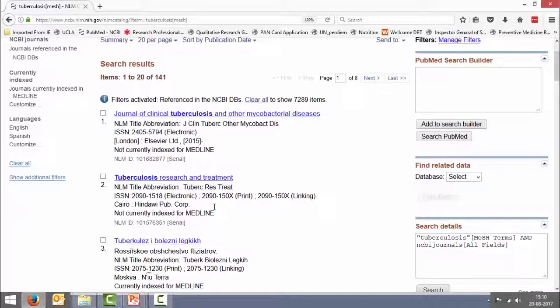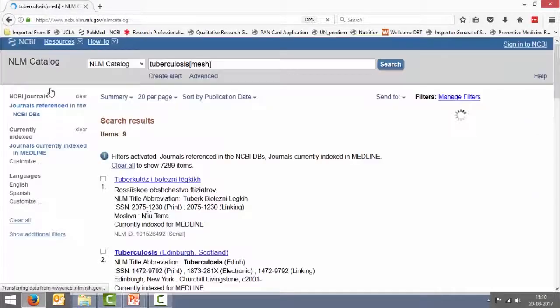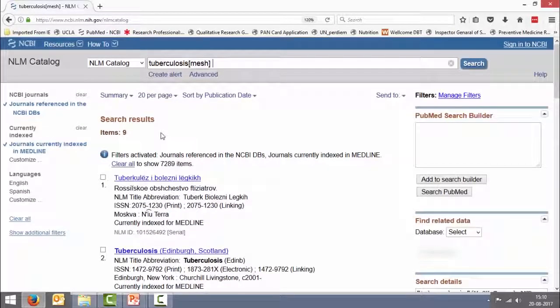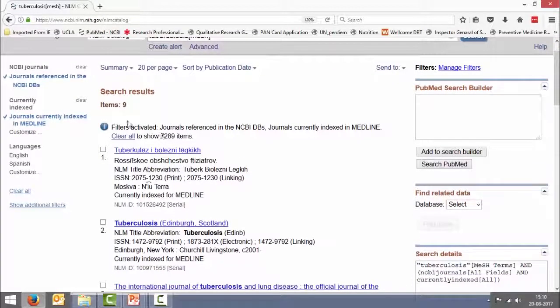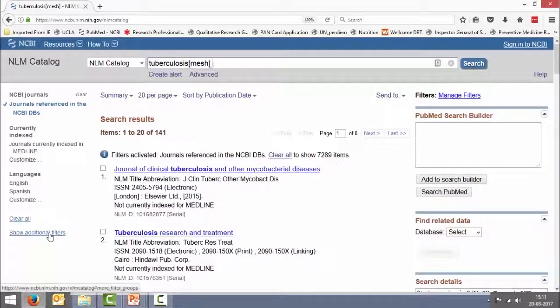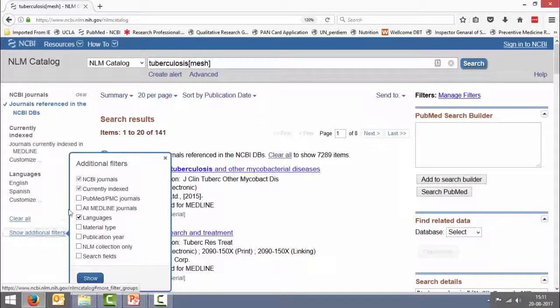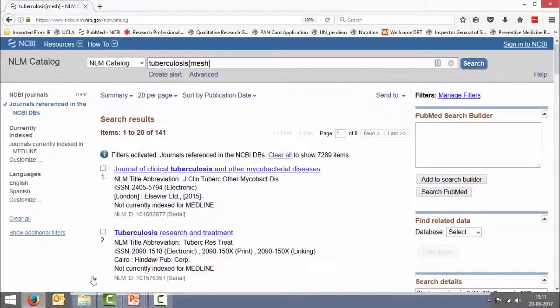We have all this here. So if we want only those that are indexed for Medline, we can click this filter, journals currently indexed in Medline. So we've come down to just 9 journals. That's a very low number. So I remove this filter and I say show additional filters. I ask for PubMed PMC, that is PubMed Central Journals, show,